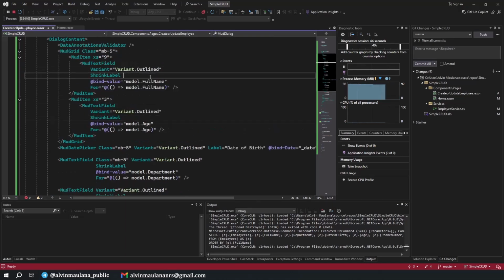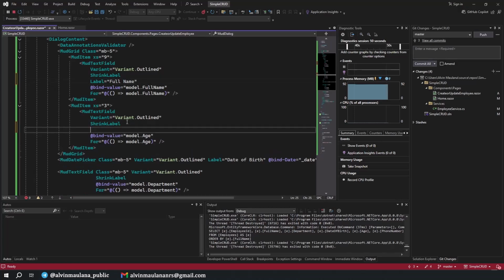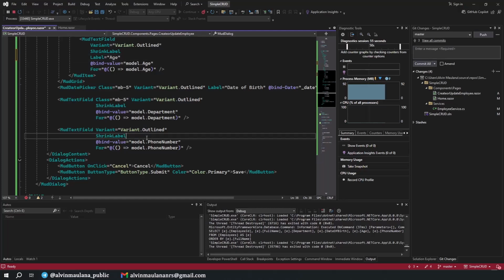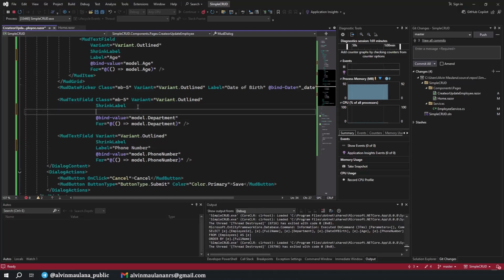Okay, we need to have a label. This one is full name. This one label is age. Label for phone number, and label for department.